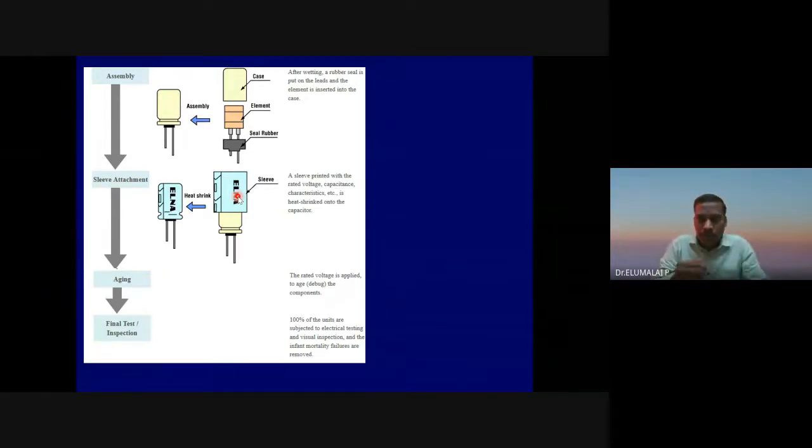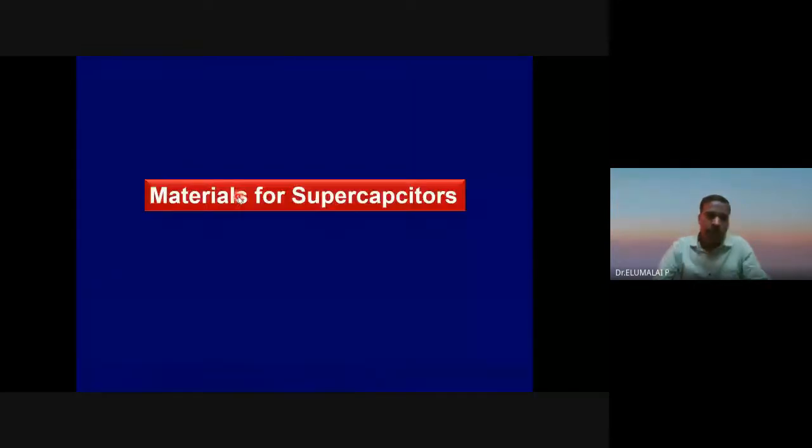I think I have some information on that later. So this is how one can make a supercapacitor. We have some of these facilities in the department, in our lab. Maybe if offline classes open, I hope you will be able to witness this capacitor. Maybe a few of you may work on this if classes open, maybe next semester or in the final semester.